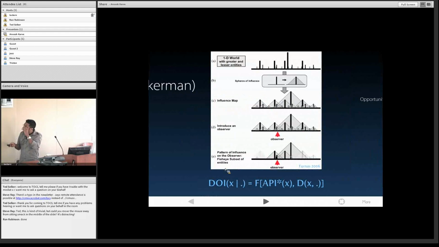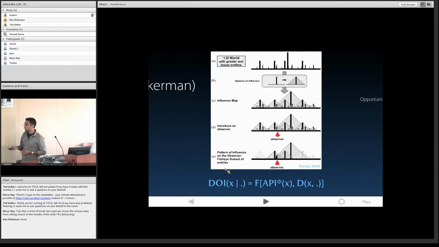And the idea here is that each of the topics in your world are represented by towers. Let's say cell phone towers. And in proportion to their size, each of those towers exerts a sphere of influence. Now, where you choose to stand in that world dictates the focus. And the strength of the surrounding spheres of influence dictates which elements with high a priori importance will make it into your focus.